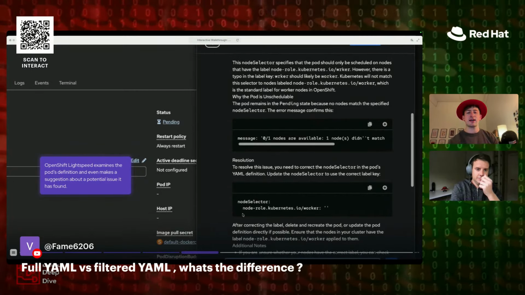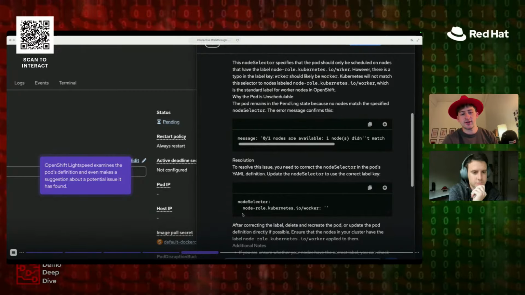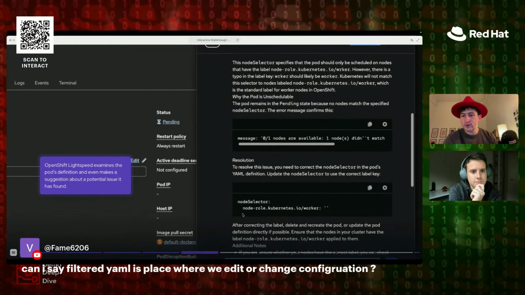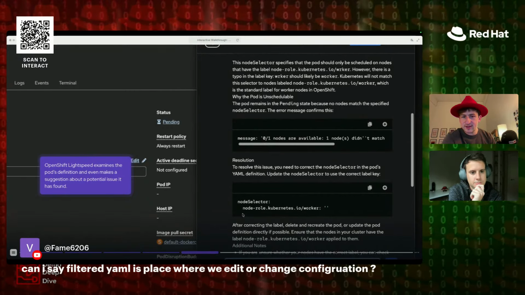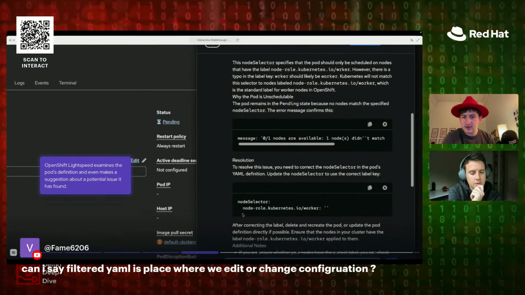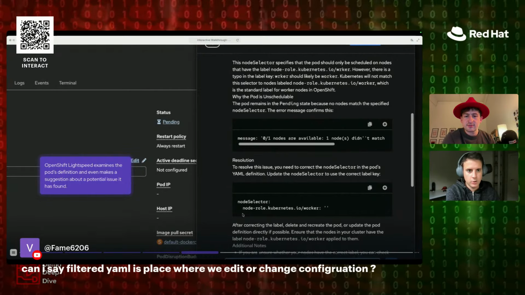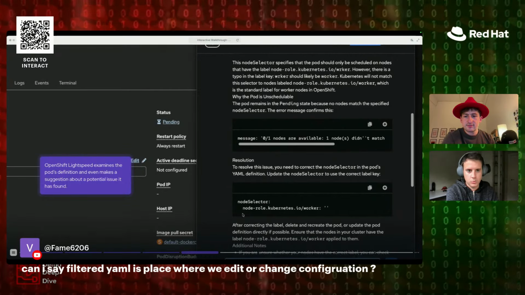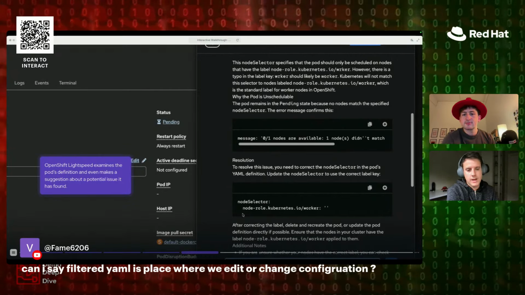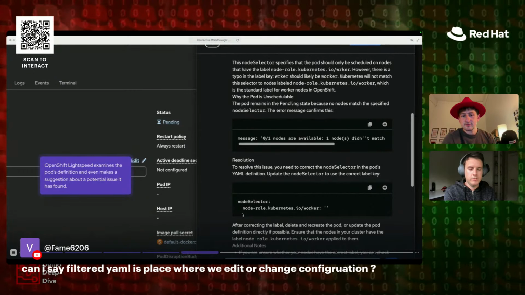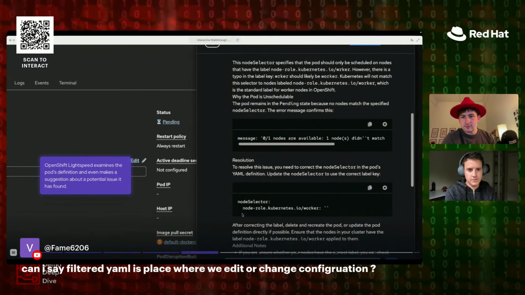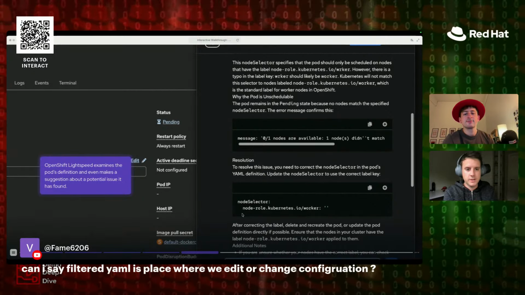When we've figured out and diagnosed what's going on with the workload, is the full YAML where we edit or change the config, or is it the filtered YAML? No, OpenShift Lightspeed will suggest you to run specific commands. Sometimes it will provide the commands to modify the full YAML, but OpenShift Lightspeed is not modifying anything. So right now, OpenShift Lightspeed just provides you all the steps you need to follow